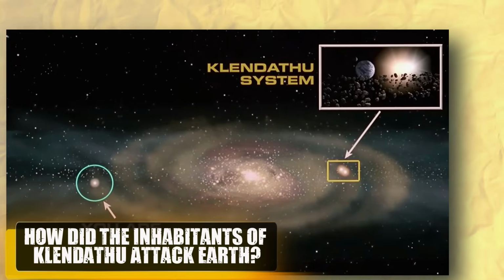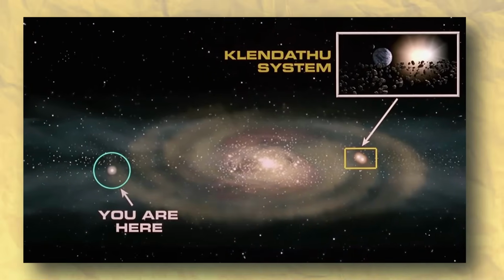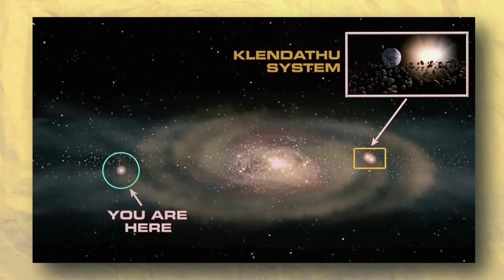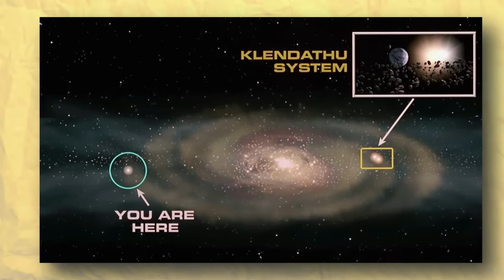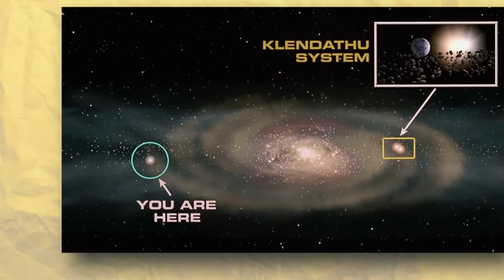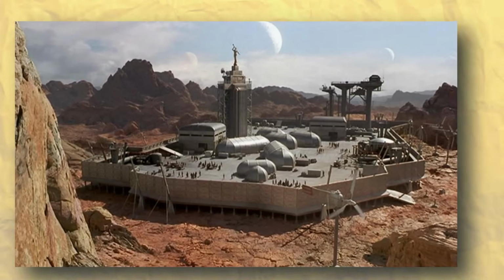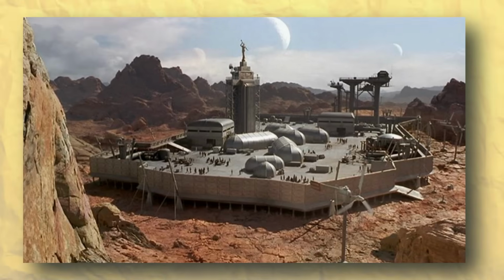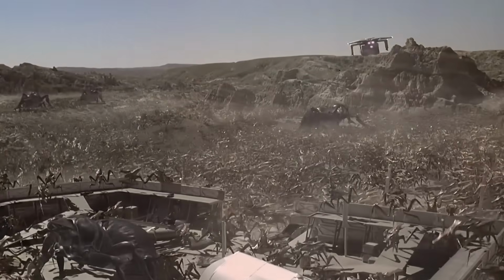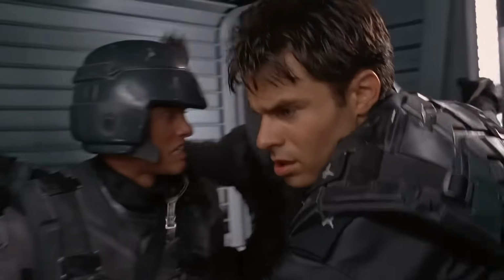How did the inhabitants of Klendathu attack Earth? Klendathu is in the corner of the Milky Way galaxy, and how can such a faraway planet attack Earth? This question has plagued Starship Troopers fans for years, so we have two theories to explain this. The first is related to Port Joe Smith, the human colony established by Mormon extremists on the planet Dantana of the Klendathu system. Nearly every single civilian in Port Joe Smith was killed by an arachnid invasion, and the colony